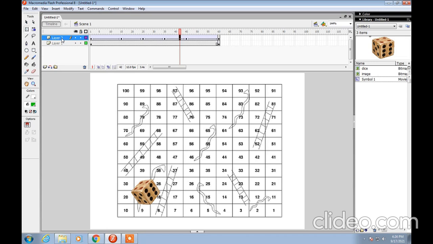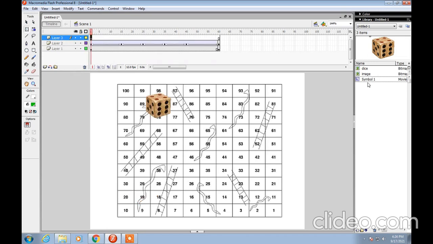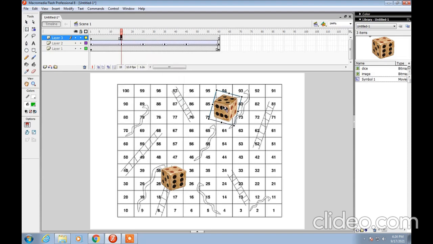So for that, include another layer, insert layer. We already have our symbol converted over here. Take that symbol. Now as 4 is on top, now I'll take something else on top, that is 5. Now wherever you have included the keyframe for the previous layer, in the same position you have to include the keyframe again. So right click, insert keyframe, take it down,